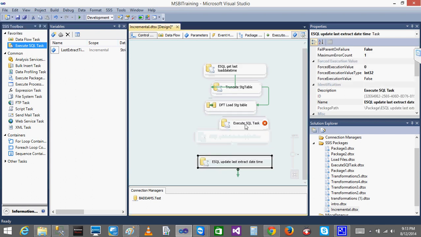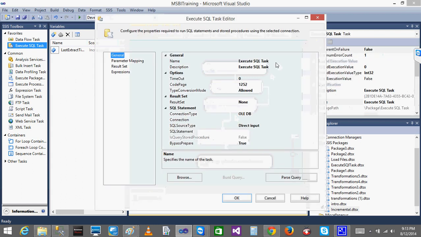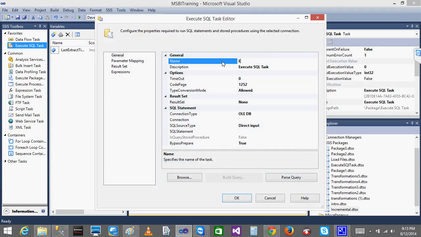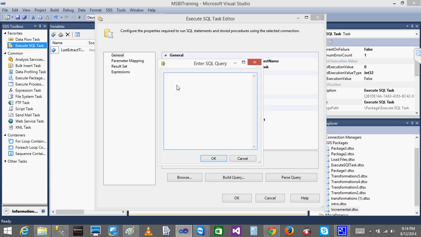I'll name it ESQL merge destination table. I'll connect to the database where I created the stored procedure, and execute it with EXEC and the stored procedure name. That's it, done.